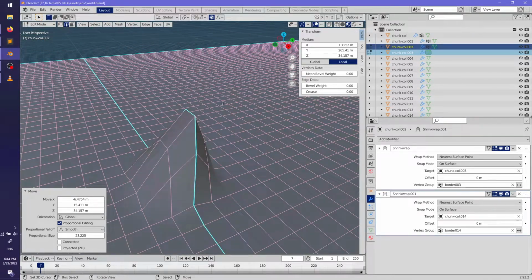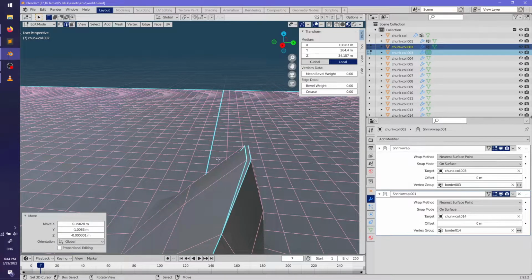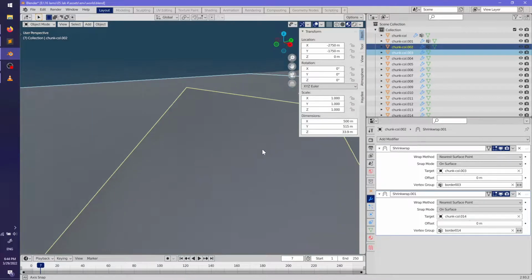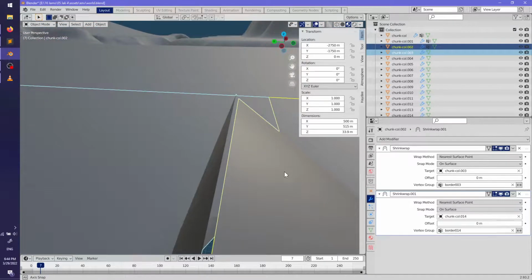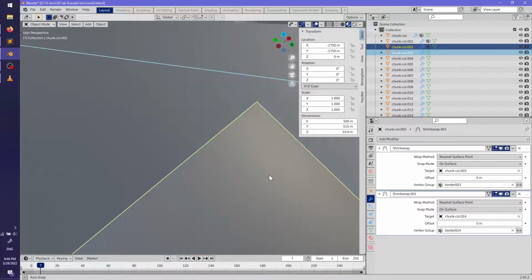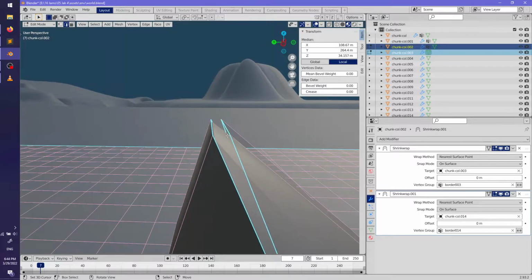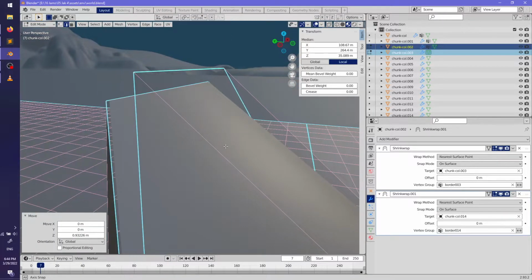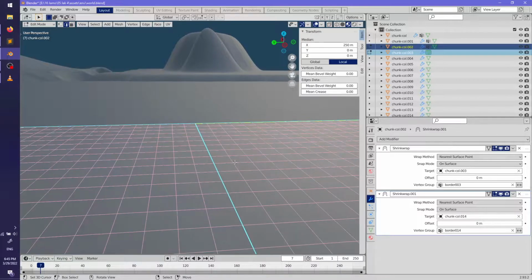It'll just be close, and if I disable that and move it a little bit, you can see it still is affected. It'll try to match. See, now it's matching.